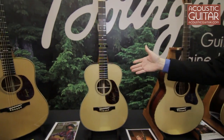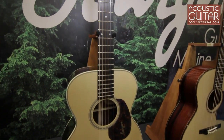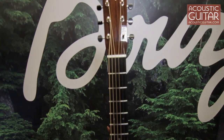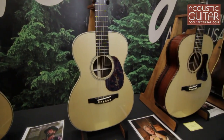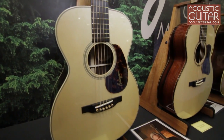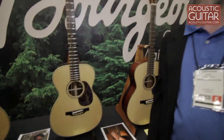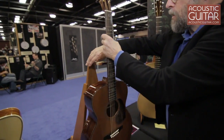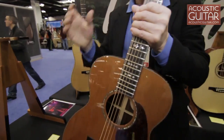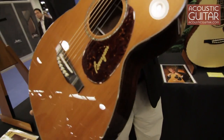This is a style O in Adirondack and Brazilian Rosewood. Again, a very traditional style, although we decided not to use the herringbone. You have to have a little relief from herringbone every once in a while. This one over here is a style double O, 14 fret double O in redwood